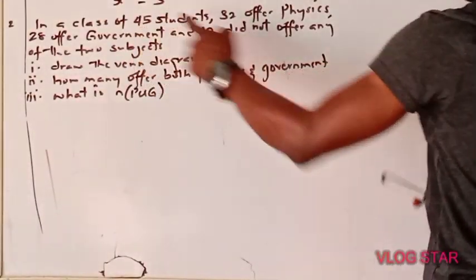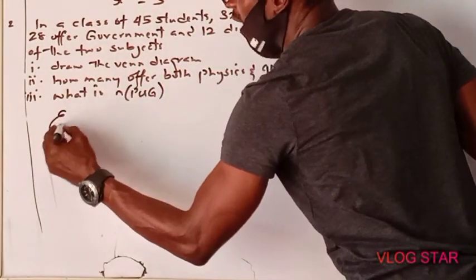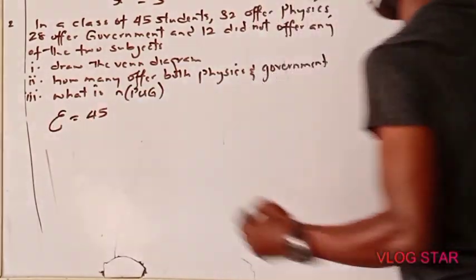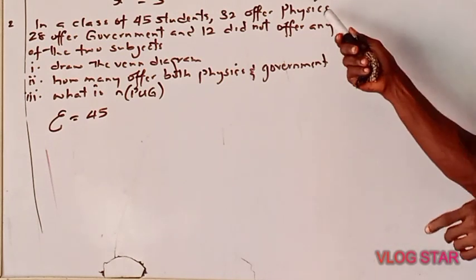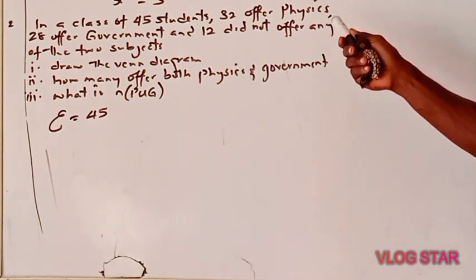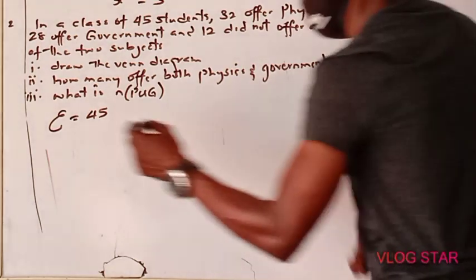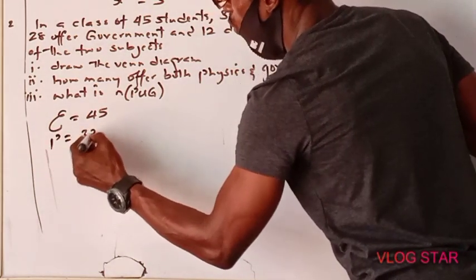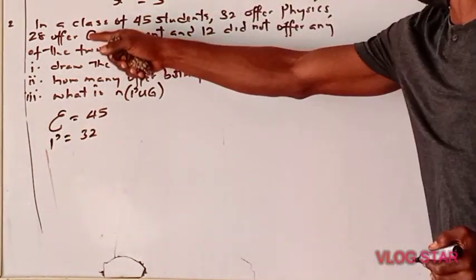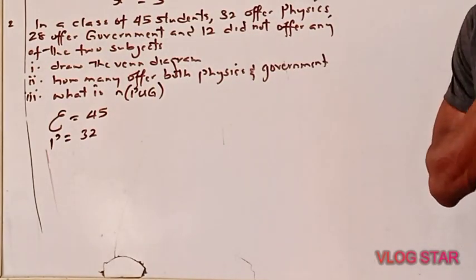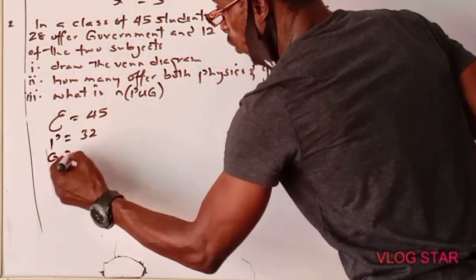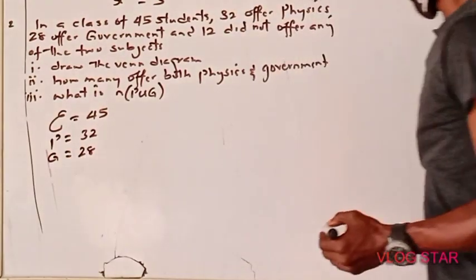In a class of 45 students, that is total. Universal set is 45. Please pay attention. 32 offer physics. Did you see only there? You just write P equals 32. Then 28 offer government, did you see only there? G equals 28. And 12 did not